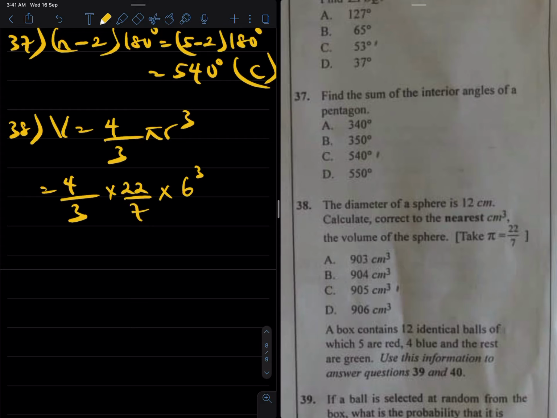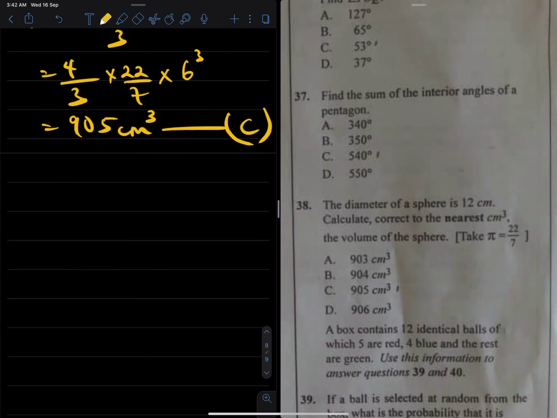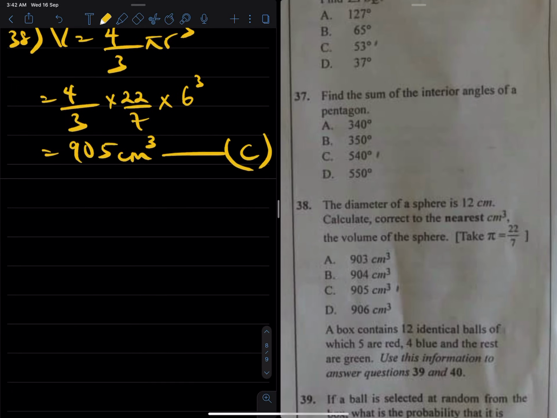4 times 22 times 6 cubed divided by 21, and that's 900, and they said to the nearest cm cubed, so that's approximately 905 cm cubed, and the correct option is C. We move on to question 39,